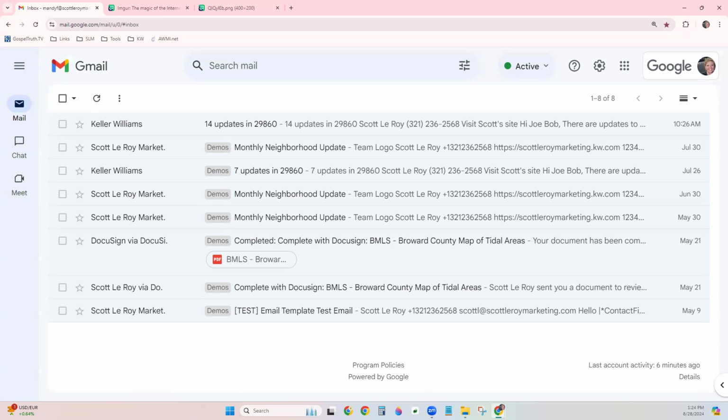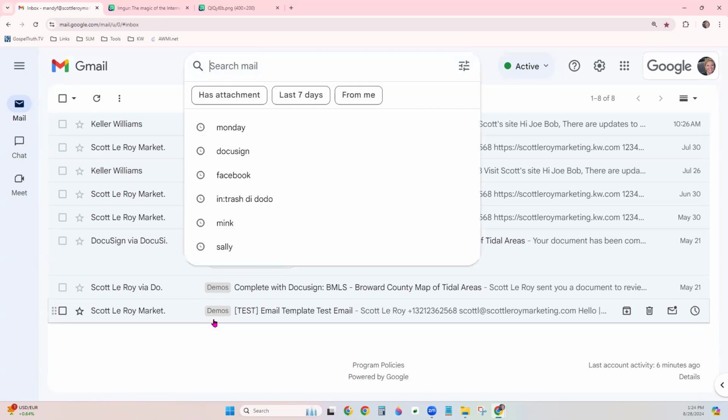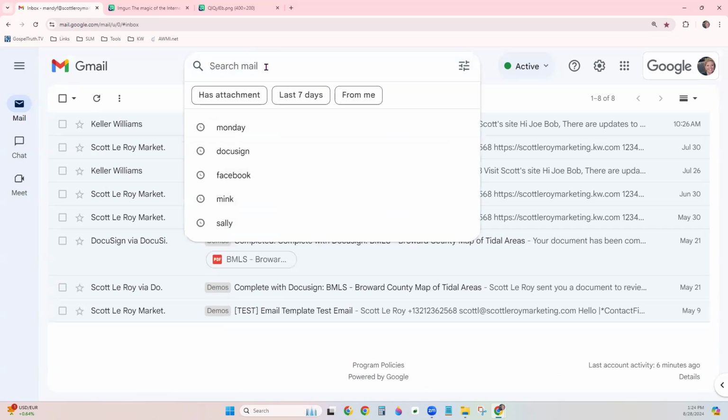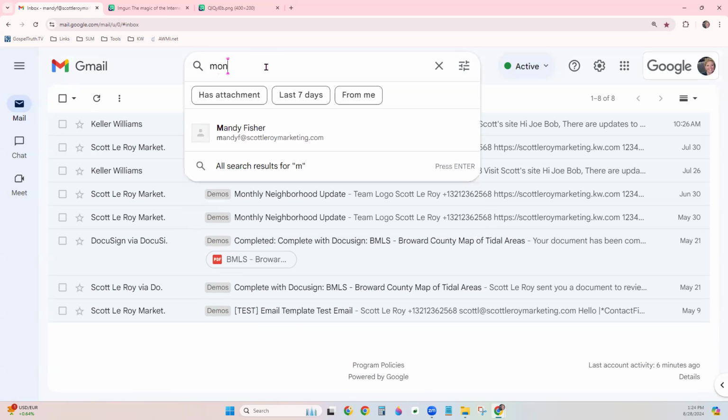Now, for a little bit of organization when it comes to your inbox, I would just want to show you a couple of things that you have here. Up at the top, you have your search bar. You can come in here and type different things in this to be able to look for certain emails that you would like to. So if we want to find all of our monthly neighborhood nurtures,